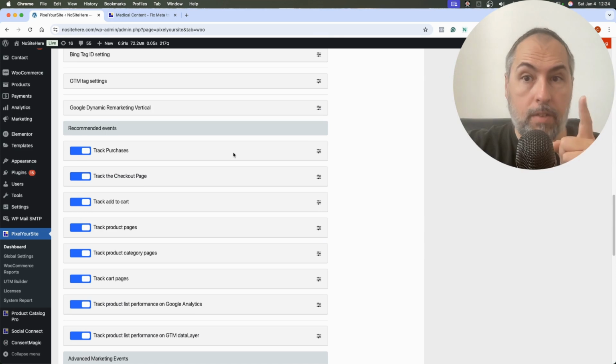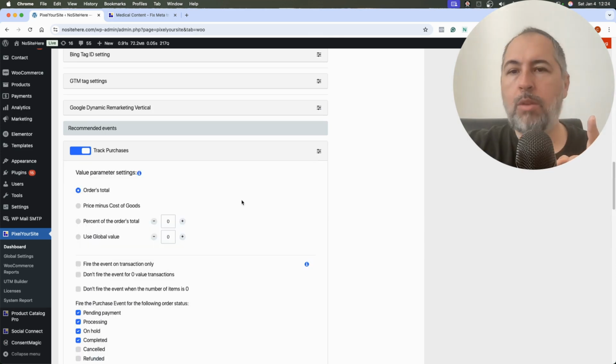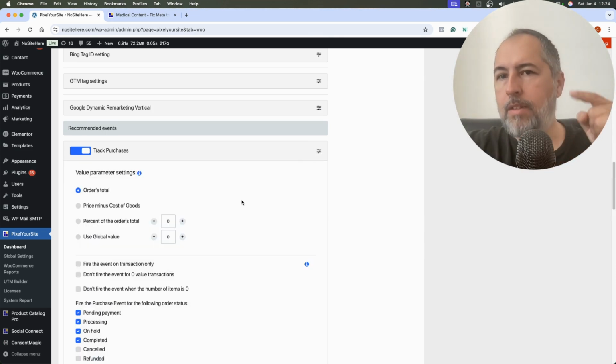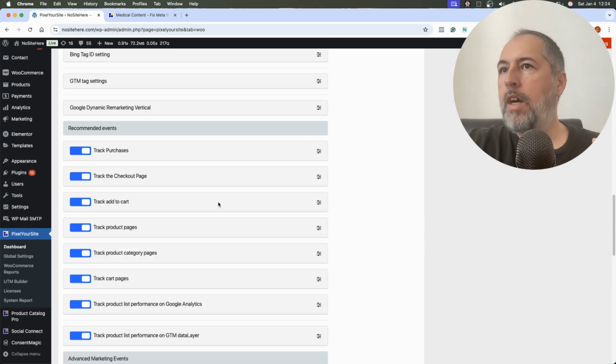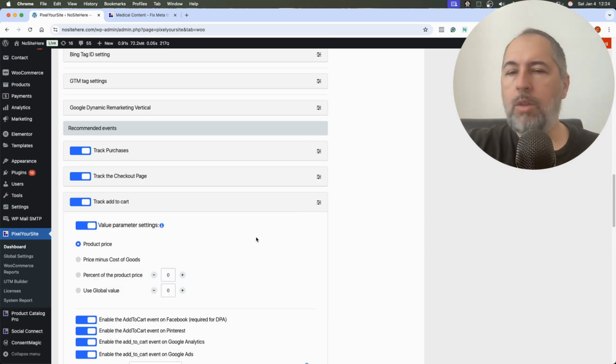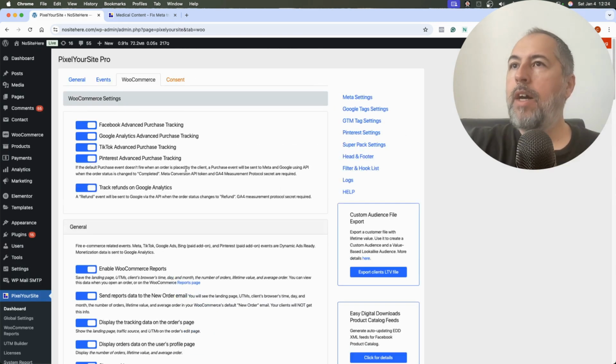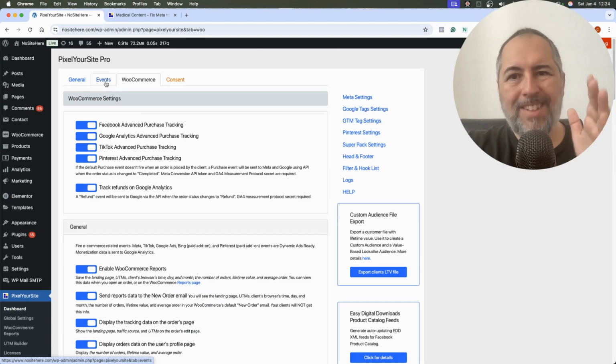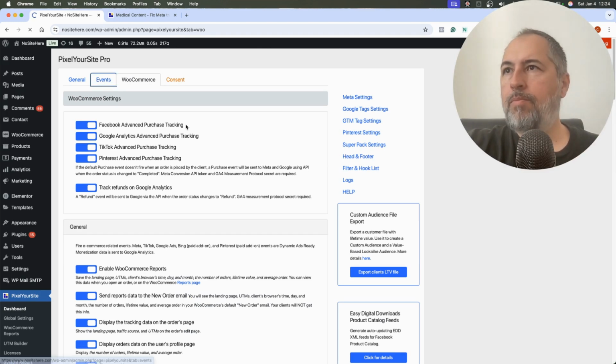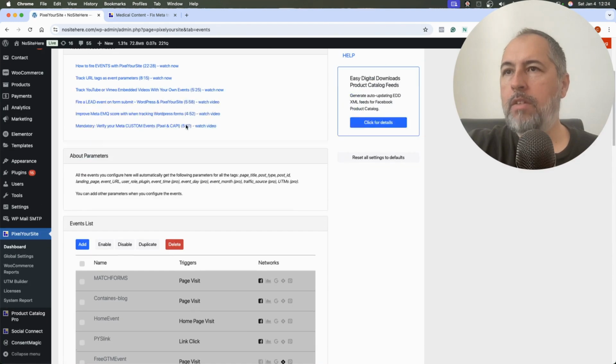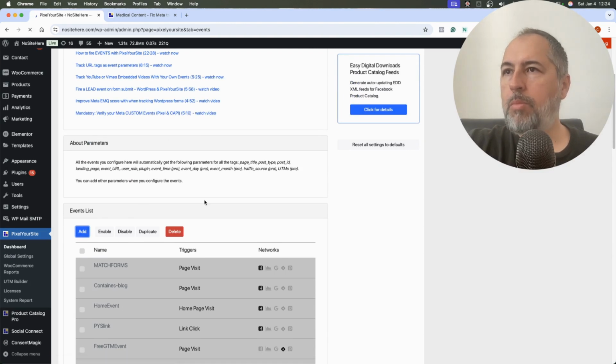configure the standard event. So this is the purchase event that we fire when an order is placed on the website. This is the add to cart event that we fire again when such an order is placed on the website. But if you need to replace these events with a custom event, you can go here on events, add new, and